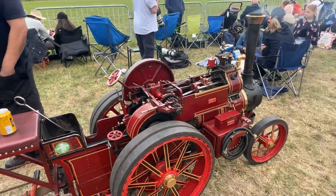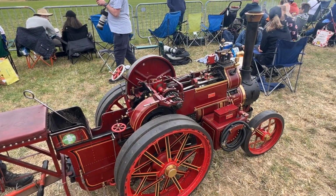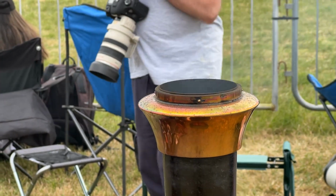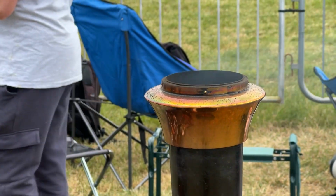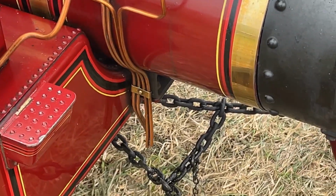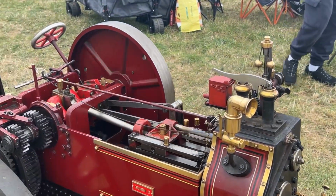Take your beer off the seat. That's what it's for. It's a beer shower. But it comes up to like £50,